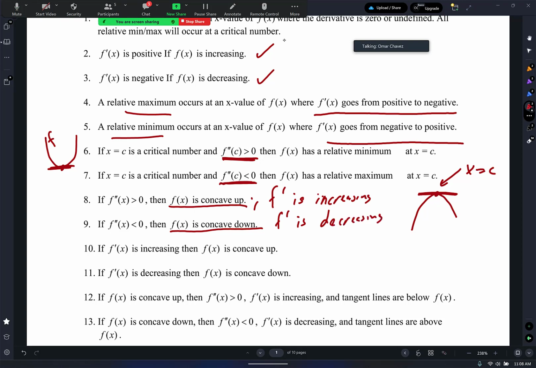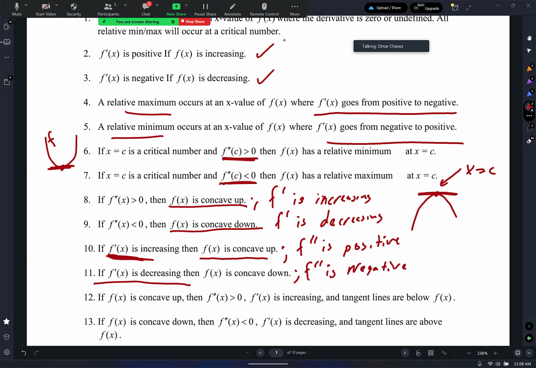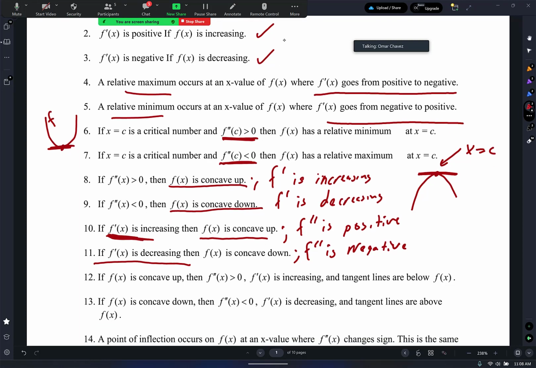And here it is. If f prime of x is increasing, that means f of x is concave up, because f double prime is positive. If f prime is decreasing, then f of x is concave down, because f double prime is negative. See? And then question 12, it says if f of x is concave up,